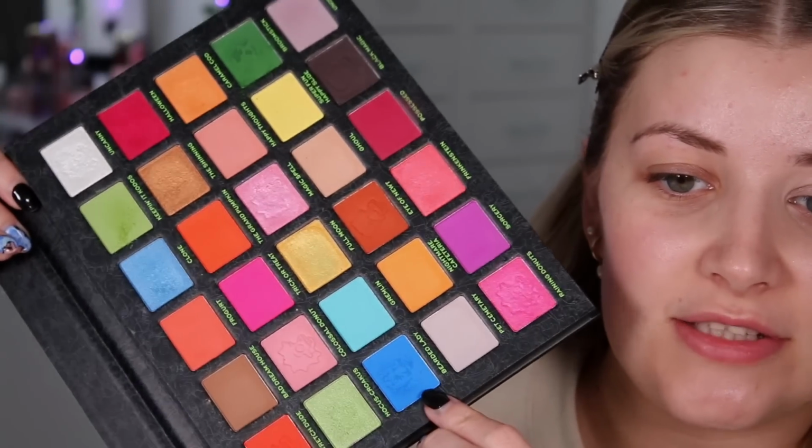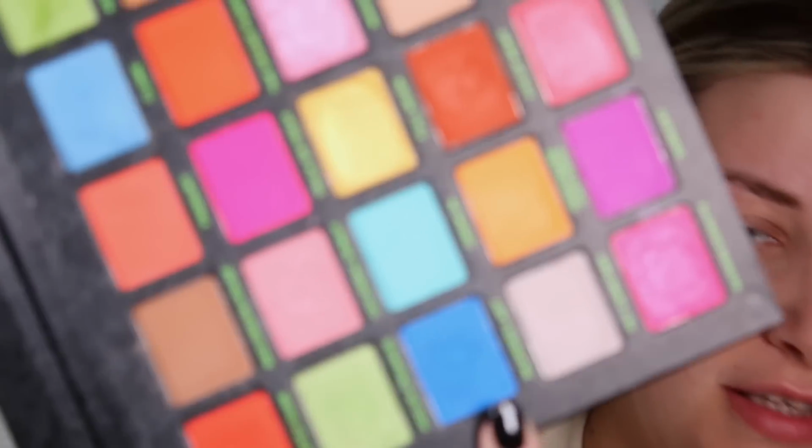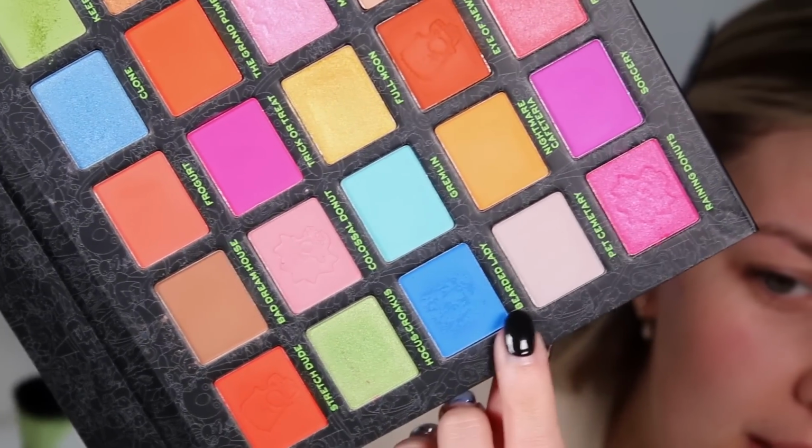And I'm going to take the blue shade out of the palette, which is called Bearded Lady. I don't know if you can see there, but it has like a, I don't know how to explain it, a little pattern in it. It's not meant to have a pattern in it. It's as if I've put my finger in it when it's been wet, but I haven't. And I even scraped off the surface to then start again in case it was that,